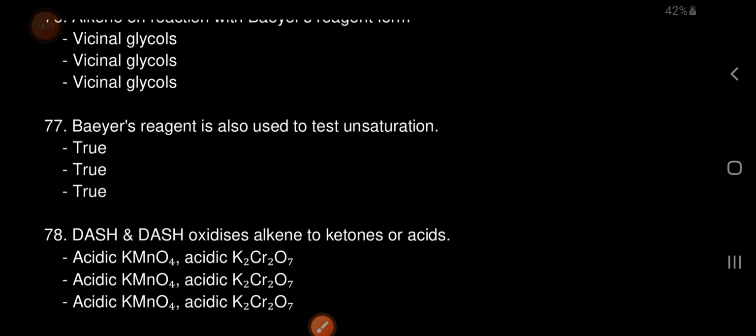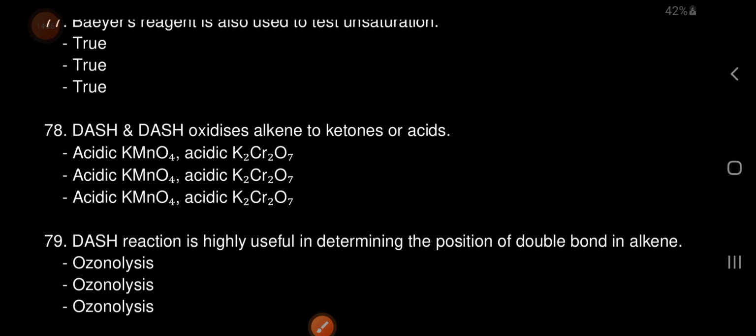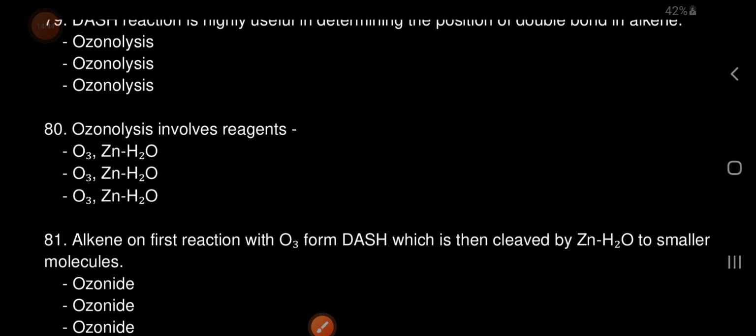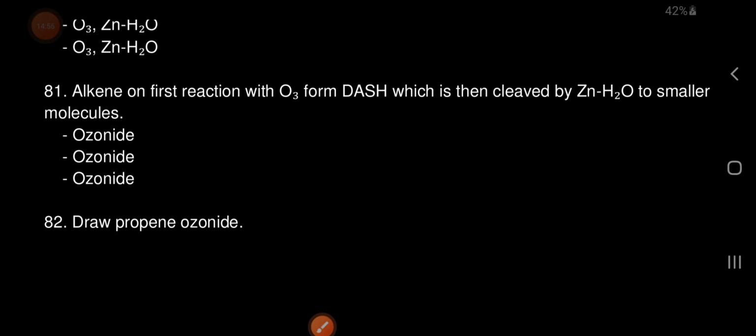True. Acidic KMnO4 and acidic K2Cr2O7 oxidize alkenes to ketones or acids. Ozonolysis reaction is highly useful in determining the position of double bond in alkene. Ozonolysis involves reagents O3 and Zn/H2O. Alkene on first reaction with O3 forms